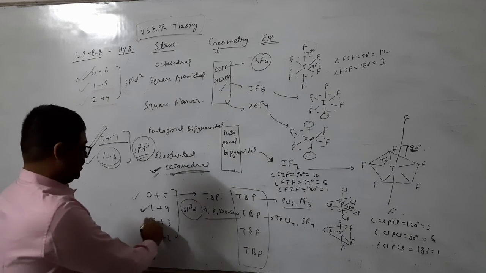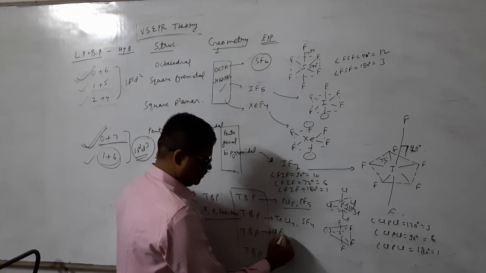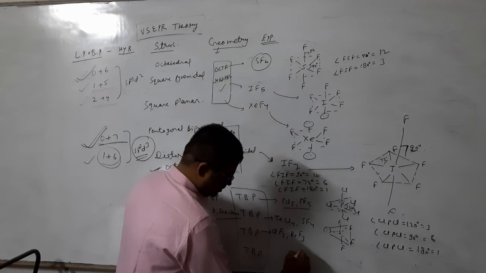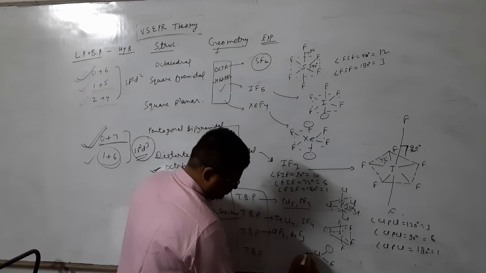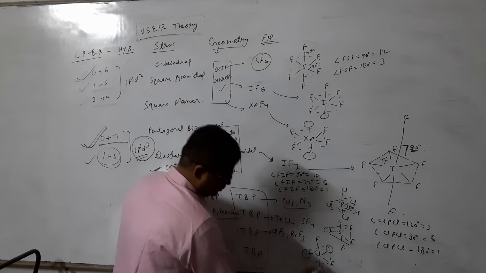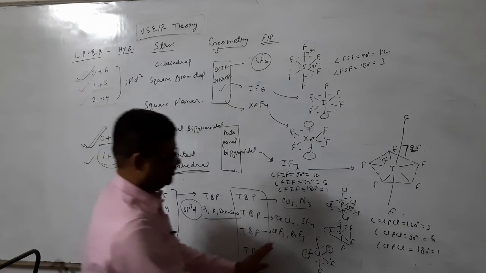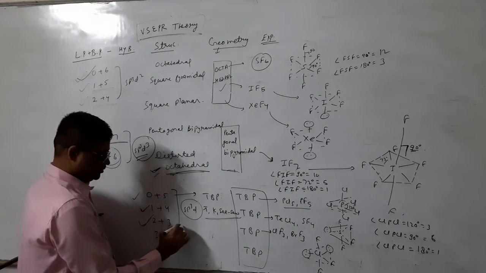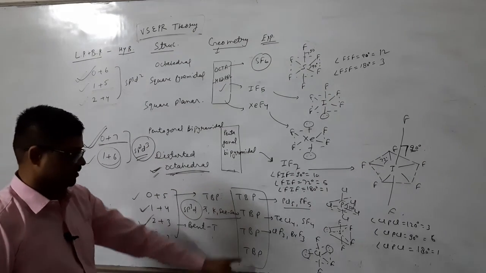Clear? Now I am taking the 2 plus 3 case. In this we can take the example of ClF3 and BrF3. So I am making the structure of ClF3. You can see 2 lone pairs are there, but the structure is T shape. If I put my hand on this, you can see this is bent T, actually not exactly T. So the structure is bent T. Clear? The geometry will be the same in all 4.